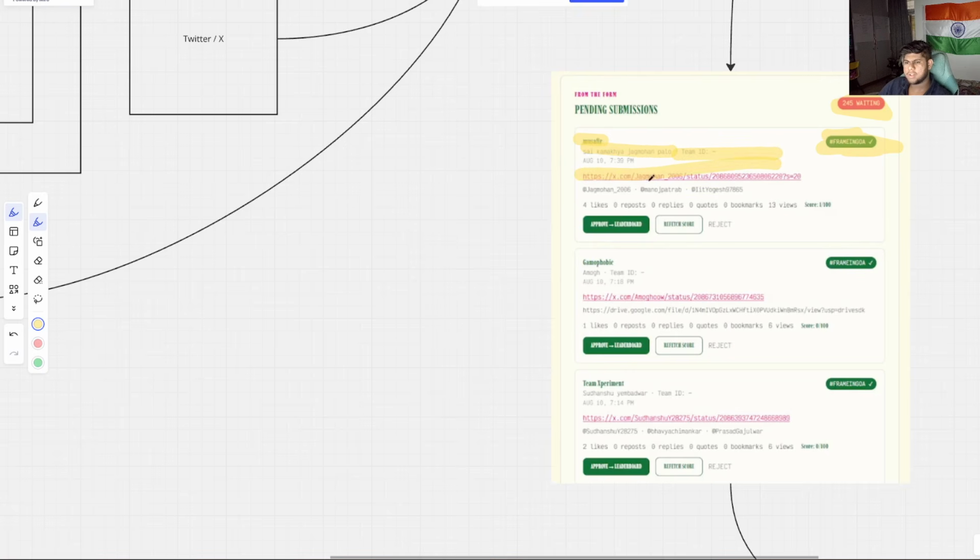And after that, when we are checking the details, we just have to click this link. We will go to your post and check each and every parameter that we have suggested. If it's perfect and everything, then we just click approve to the leaderboard, or else we just reject that. And in our notepad, basically, I didn't put any comment section